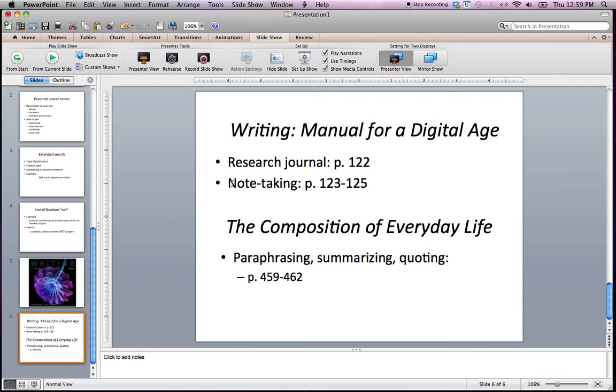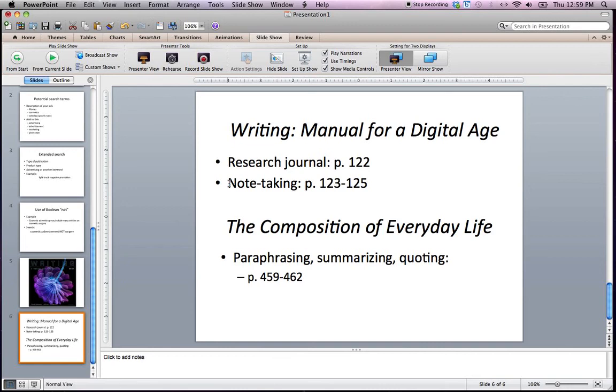So going back to the research journal, I kind of skipped over that. I want you to do a log entry for a research journal. Send that to me by email about one of your articles. You can read more than one article, you can use more than one article, but just send me a research journal for one article before class. And basically, again, you're describing how this will be useful for your essay. Note-taking shows up on pages 123 to 125. So if you want to see the distinction between those, review those pages. The research journal